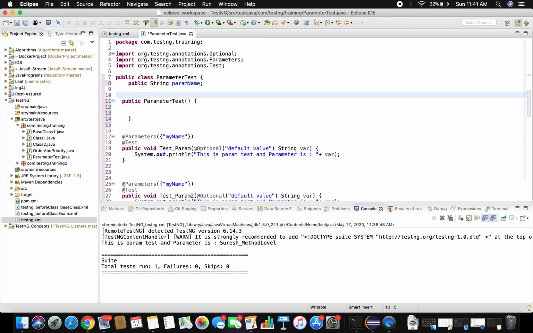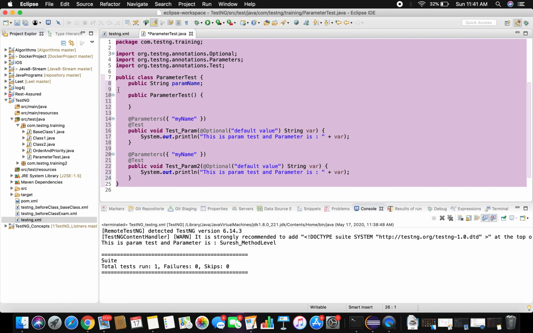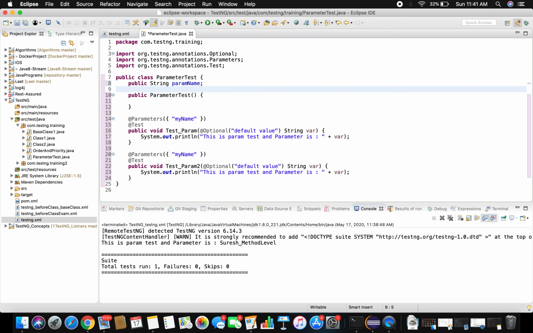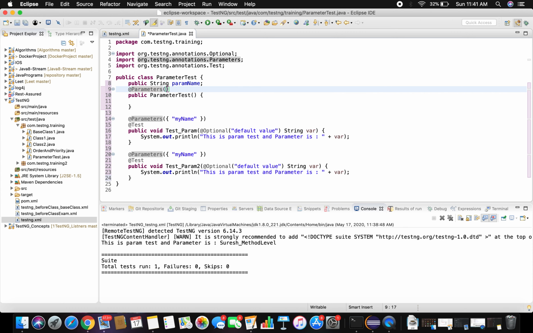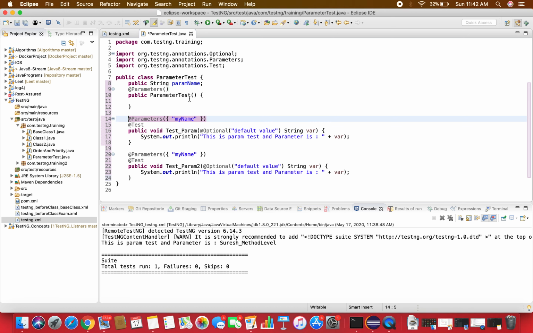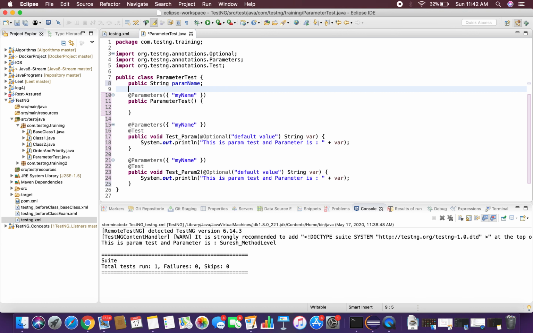I'm going to apply @Parameters. Okay, I can copy simply this one. The same way how you are reading the parameter and passing it to a method, keep that here.